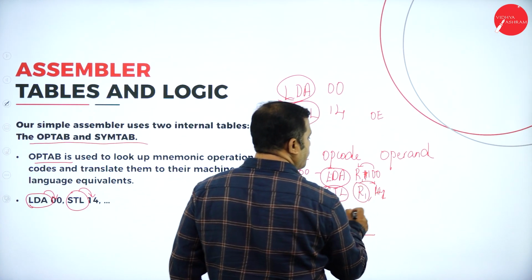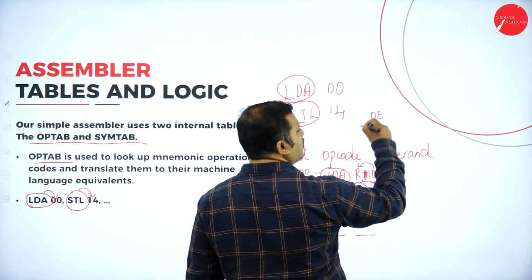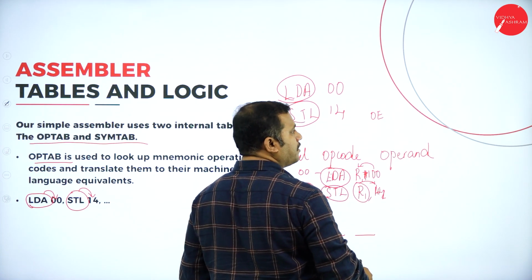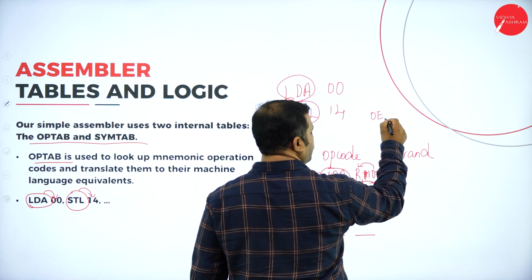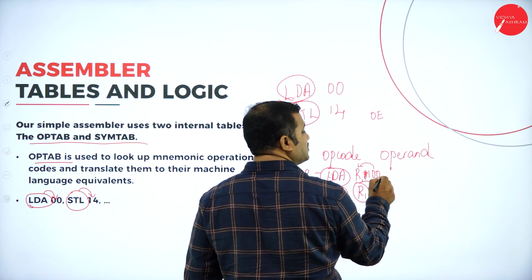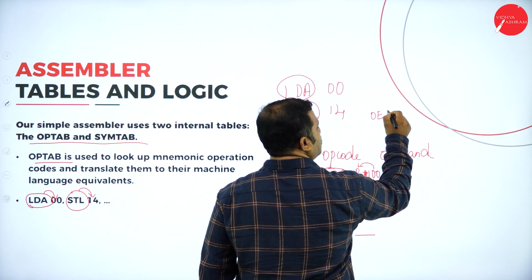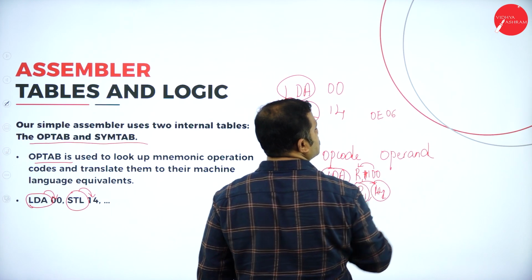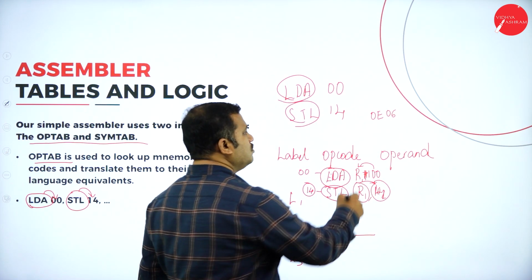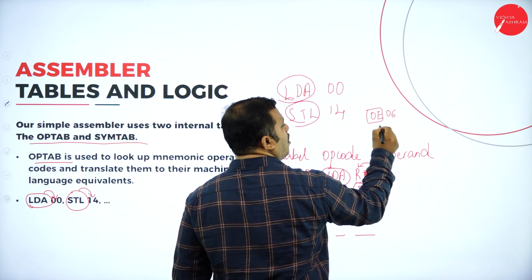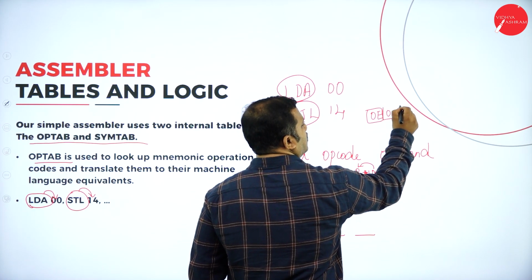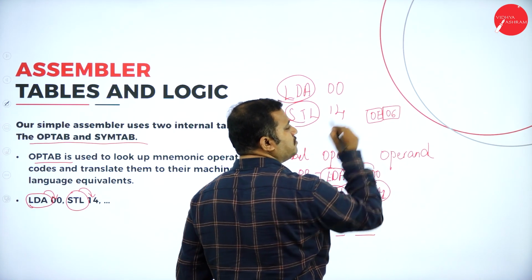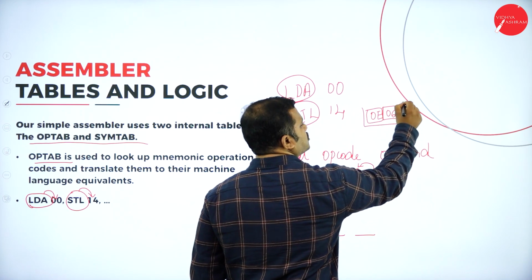STL R1, L2. What is that R1? Again, R1 is a register operand that is considered into its equivalent. What is the label L2? What is the address present in it? Maybe 06. So this is how this part corresponds to the opcode table information. This corresponds to the symbol table. Together this corresponds to